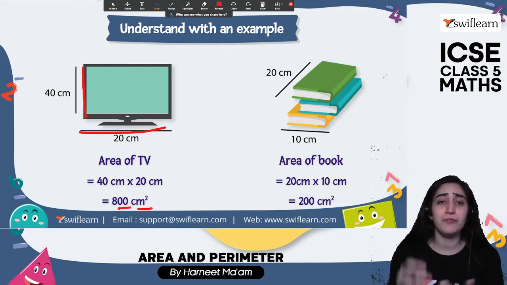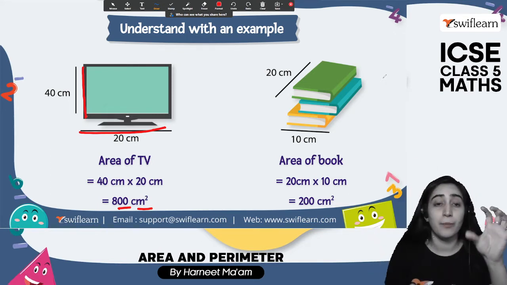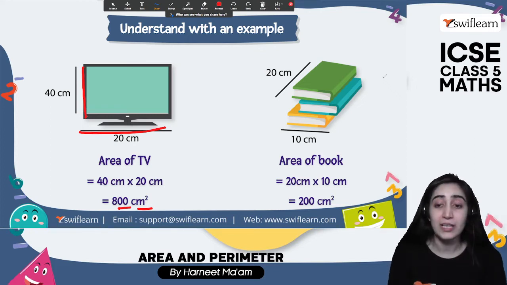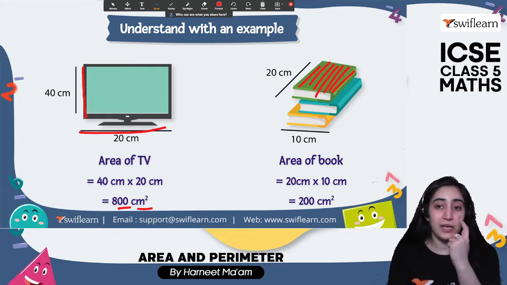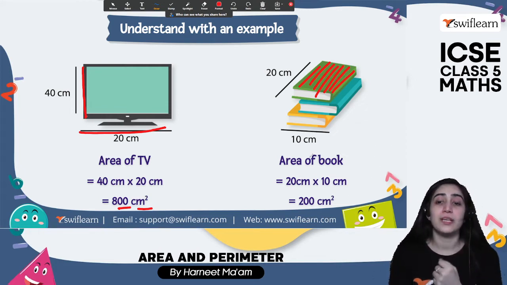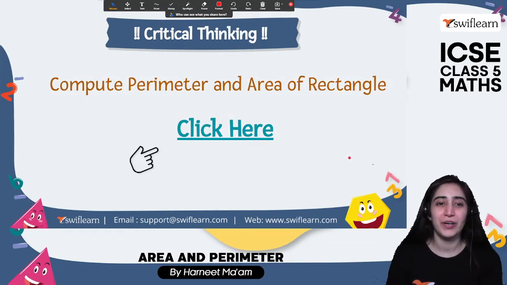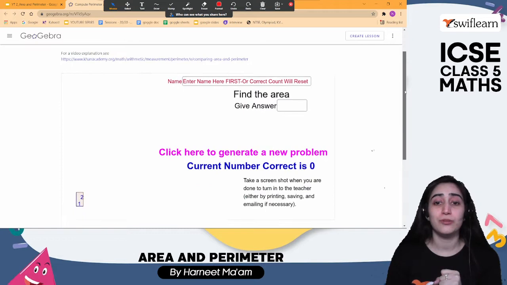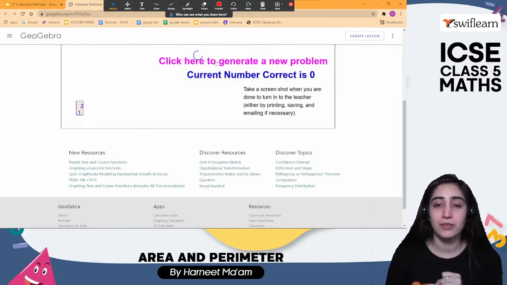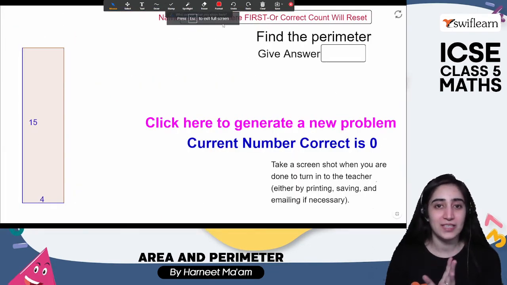Same logic when we have books one over the other. A shelf, how many books can be fitted in depends upon the area it is occupying. So we'll have length and breadth, and we'll multiply the length into breadth to find this area. We got 20 into 10, which is 200 centimeter square. Clear, everyone? All right, let's move on to compute the area and the perimeter, which is a critical thinking skill you need to understand: how is it an area or how is it a perimeter. Let's move on to the bigger screen so that everyone can see it clearly.